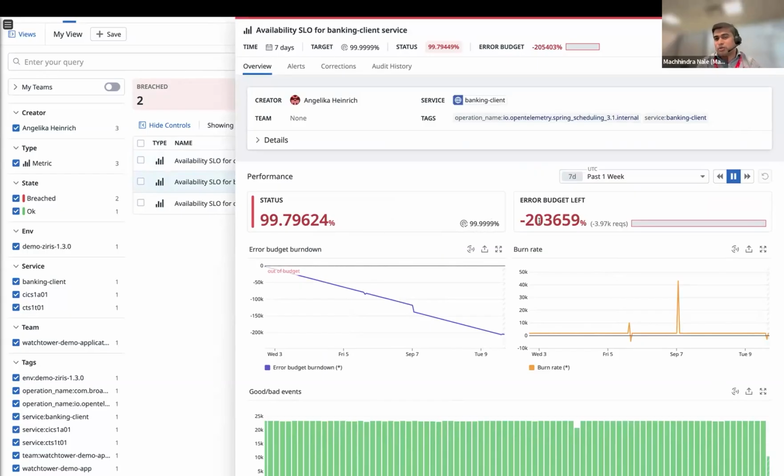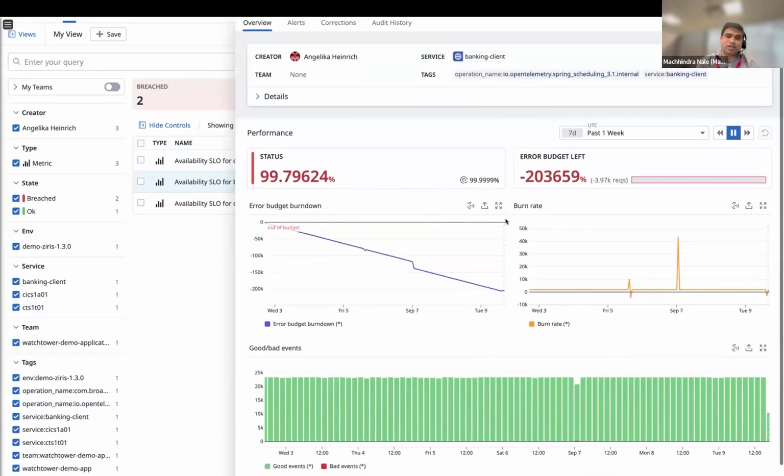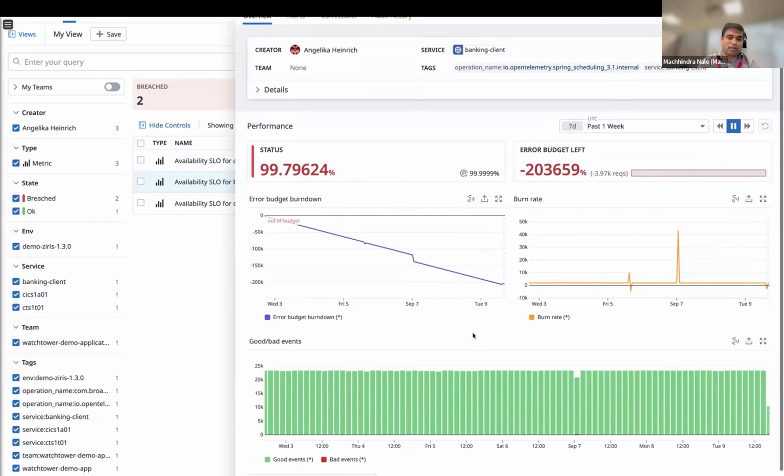That means you should stop developing code and focus on the stability and reliability of this service. Henceforth, you are in the minus error budget here. That means you ran out of the errors allowed in your production, and you should focus more on making the system reliable.